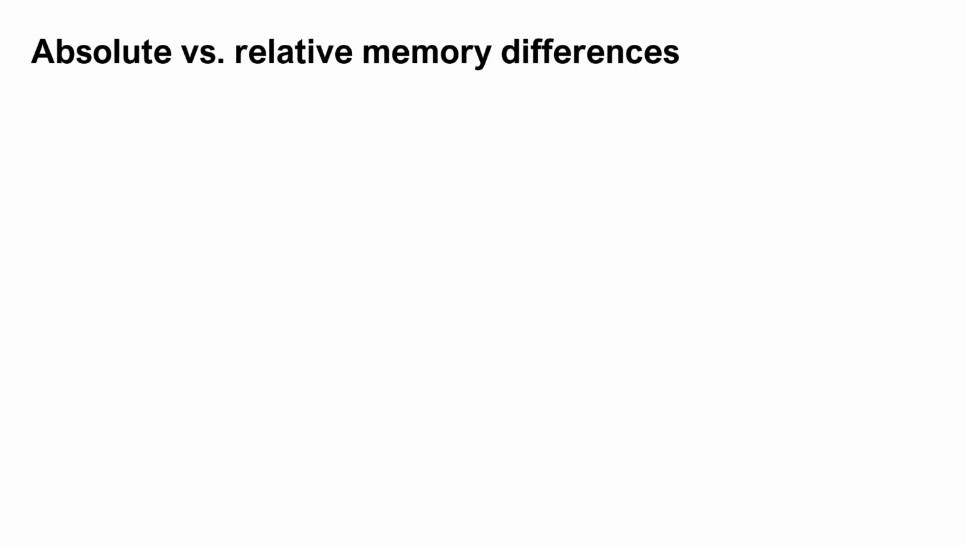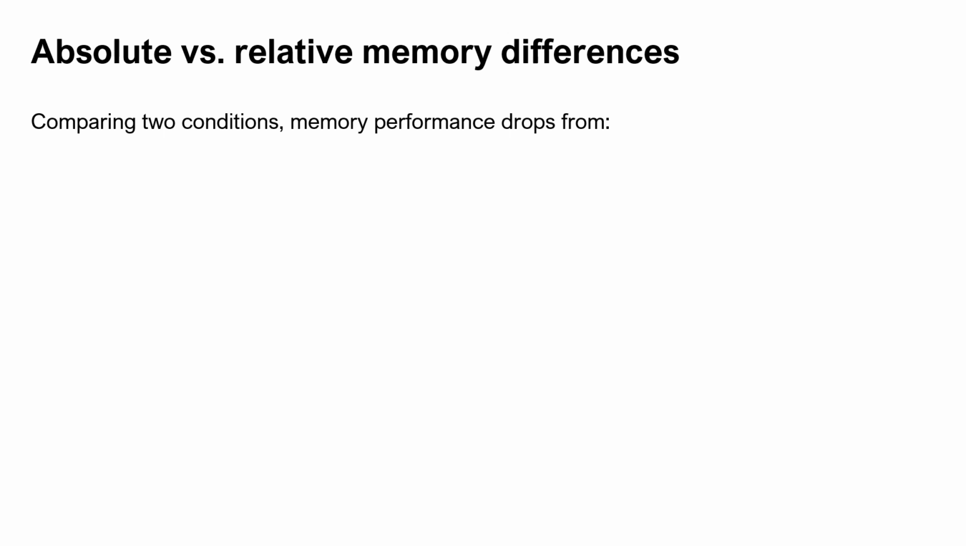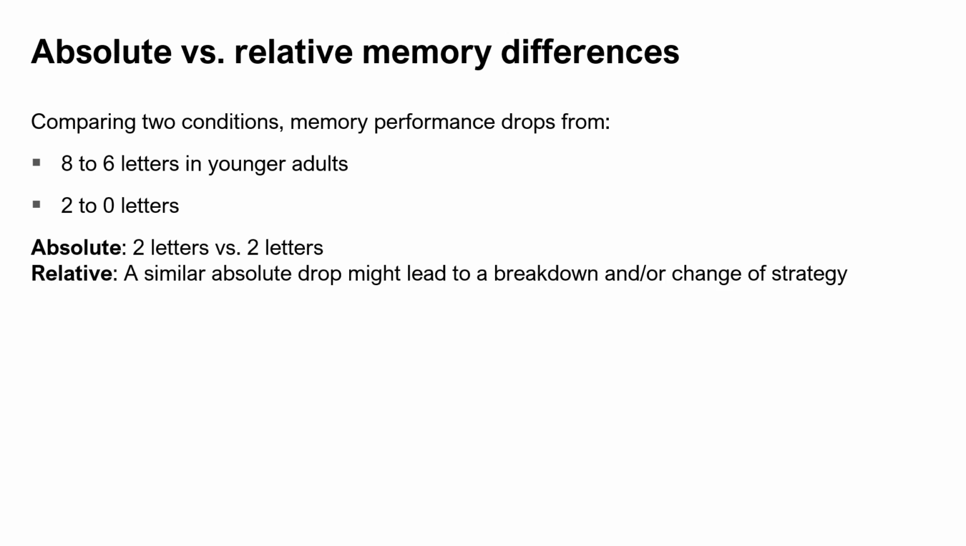And if we're thinking about this in relation to psychology research, and if we're comparing two different conditions in which memory performance drops from being able to remember 8 letters in one condition to 6 letters in the second condition in a group of younger adults, and we have a drop from 2 letters to 0 letters in older adults. This is a very extreme example just to illustrate the differences. The absolute difference is 2 letters and 2 letters, so these two things seem equivalent,